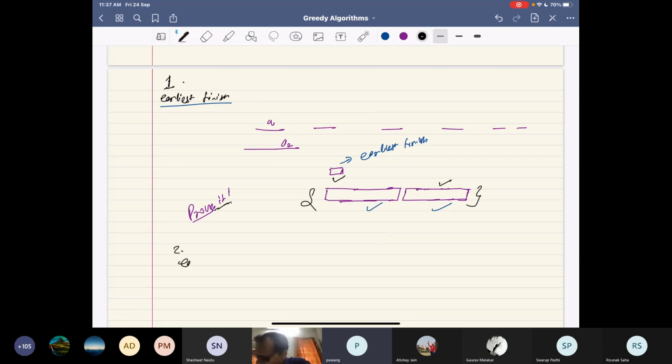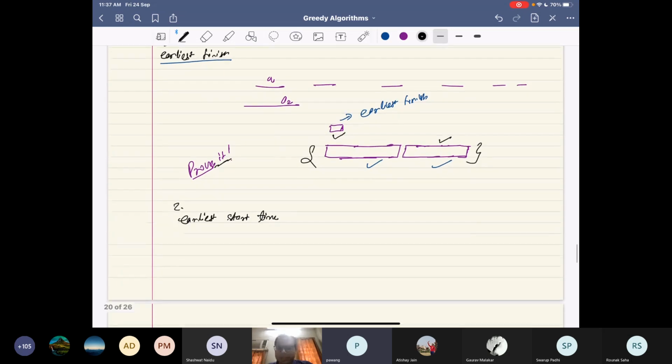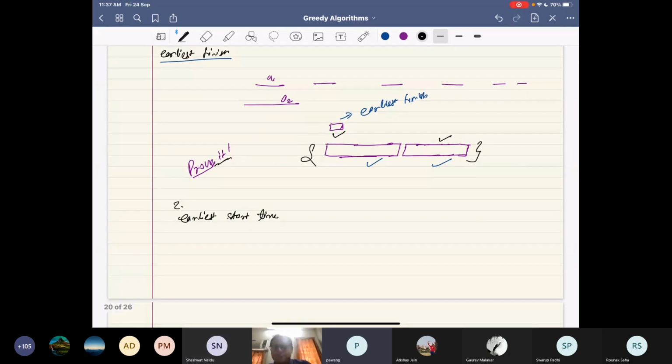Second one: earliest start time. Is it correct, or can you find a counter example? Sir, we can take an activity which has the earliest start time but ends at the last. Wow. So someone who doesn't leave the room, or give me a room and I will not leave it. Yeah, I'll start in the early morning and not leave the room until your day is over. So this is your activity, one activity. But then there may be other activities that start later and finish,